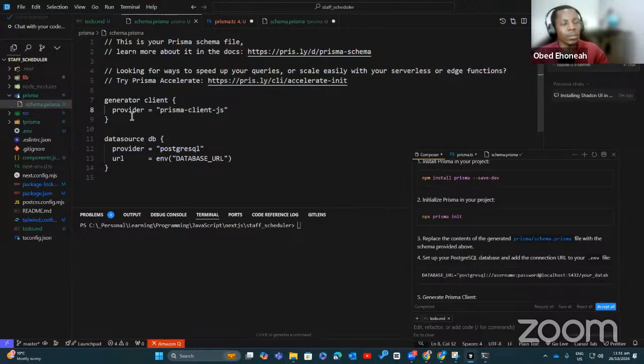You have two things that you have to specify. The clients, and I've always used the Prisma client JS, but I learned there are a lot of others. For almost all my applications, this is the client that I've used. So you don't need to worry much about it. If you are using the same tech stack, go ahead and use this client.